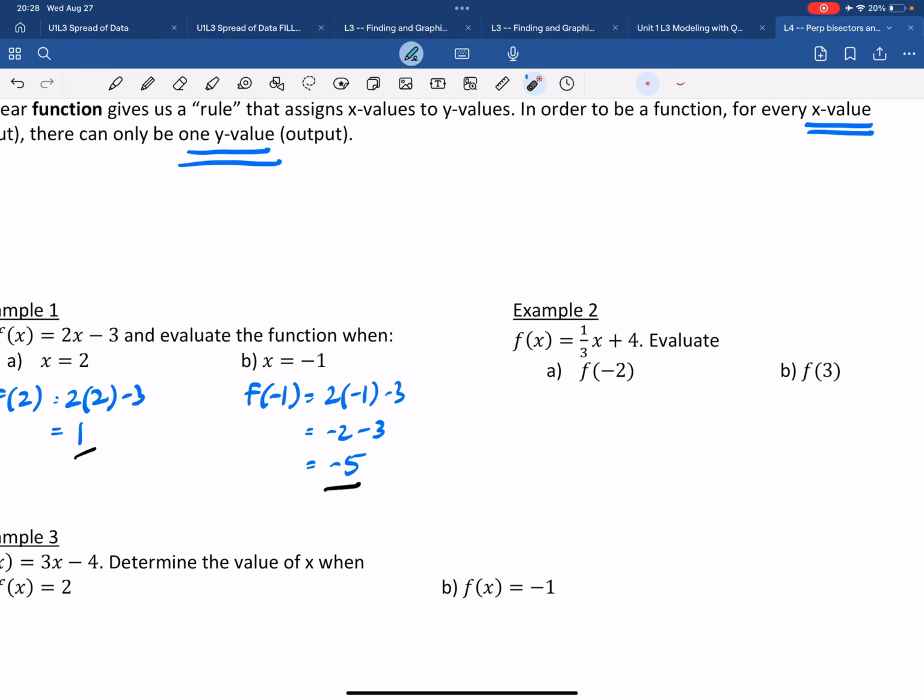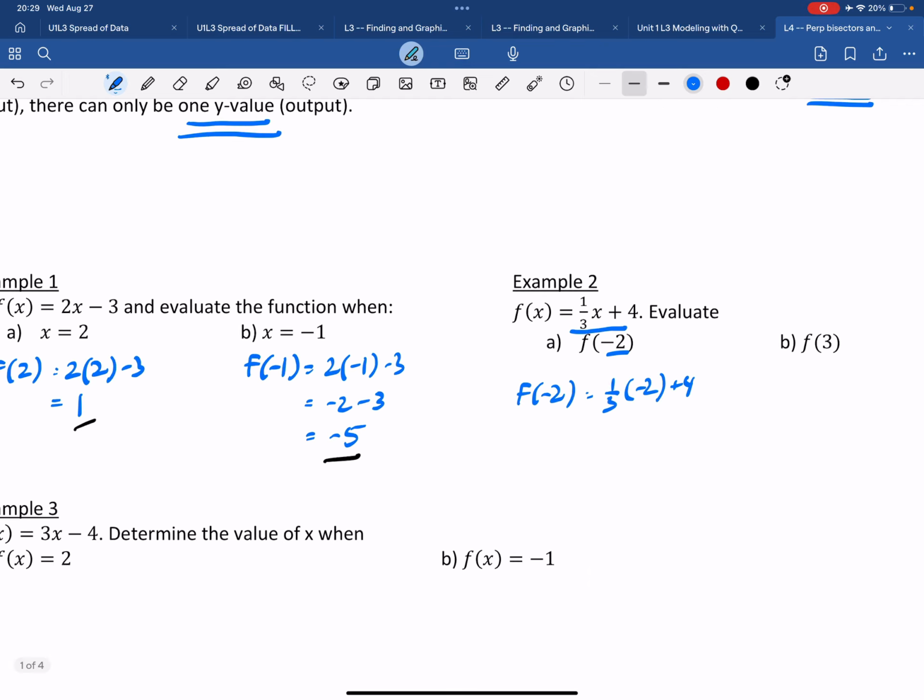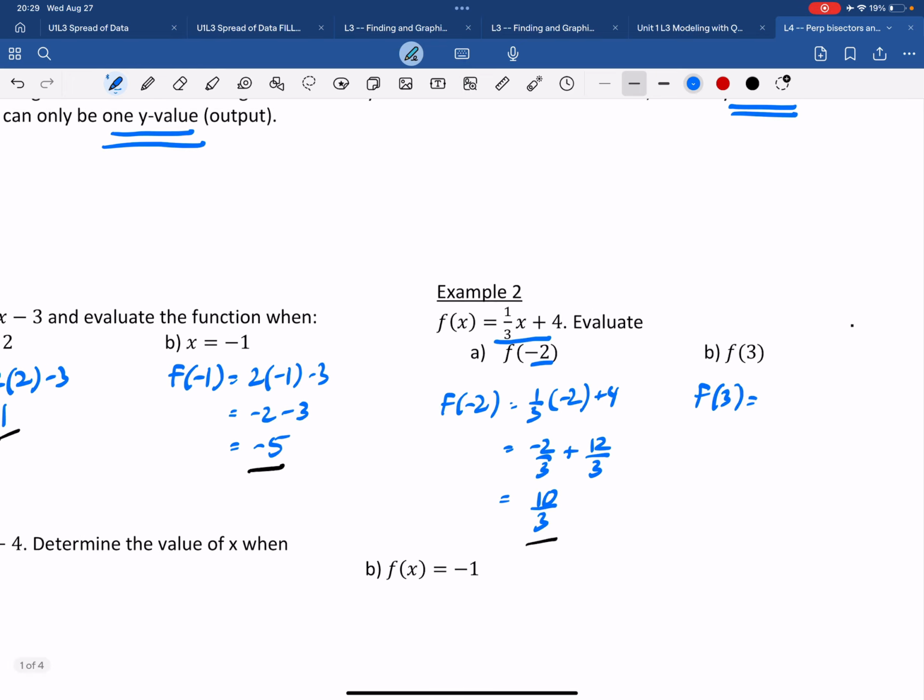Okay, in a similar way, let's do one more together. If f of x is 1/3 x plus 4, f of negative 2, well, that's going to be 1/3 times negative 2 plus 4, okay? So that's going to be negative 2/3 plus, and then 4 is really 12/3, so this is going to result in 10/3, okay? And then f of 3, well, that's going to be the same formula, but now,